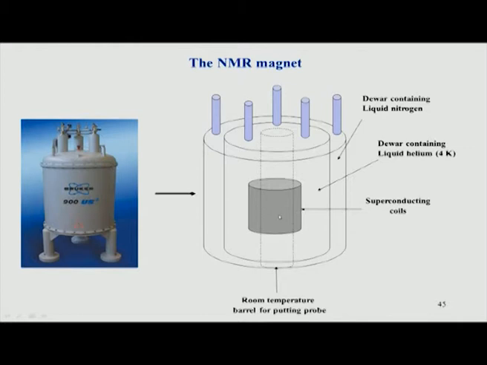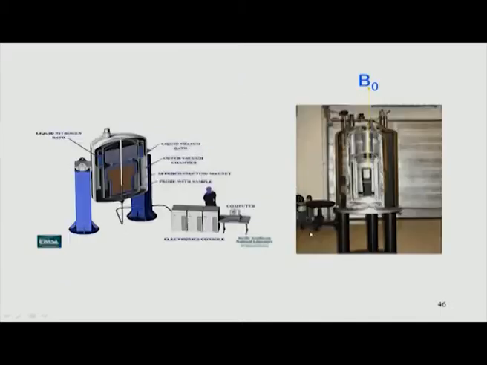For such high fields you cannot have an electromagnet, which would generate a lot of heat and cannot carry such high current density. Therefore, we need superconductivity, because in a superconducting state there is no resistance, and depending on the current density of the coil, you can generate very high currents and a very high magnetic field in the center. All modern day NMR systems are superconducting systems. So, this is how it is done: there is liquid helium surrounding this coil. We will see those pictures in the next slide.